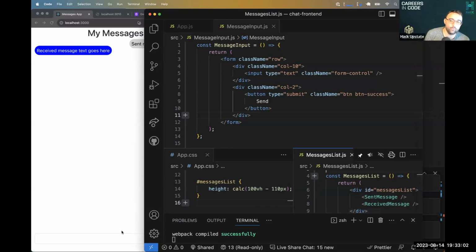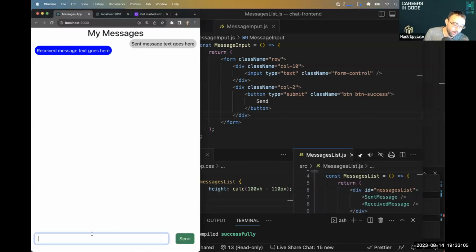Palash, you asked, why did we not use fixed for the input? We could fix the input down at the bottom, but what happens when we have 100 messages in here? The problem when we fix it at the bottom is the content above it is going to go either on top of or below the input. And we're going to get some weird scrolling going on with the messages showing up behind it. Now, you can get a little hacky there. You could say, I'm going to put a background color of white on my fixed bar down at the bottom, and make sure that it's going all the way to the edges with a width of 100%. You might be okay there,